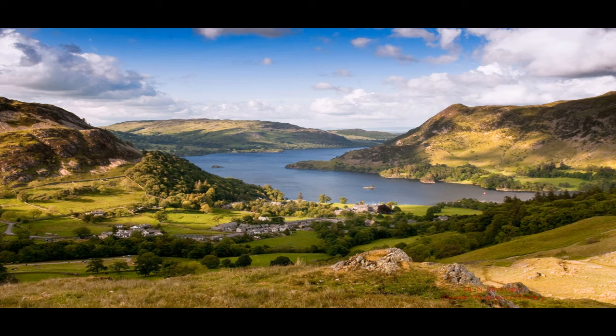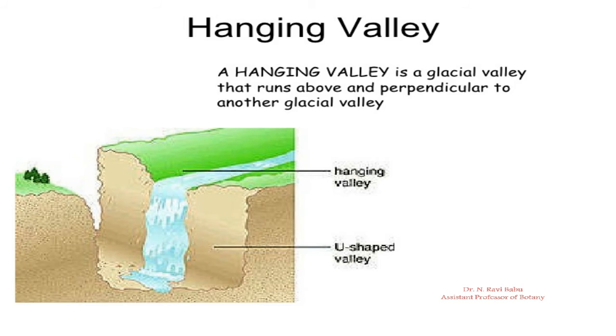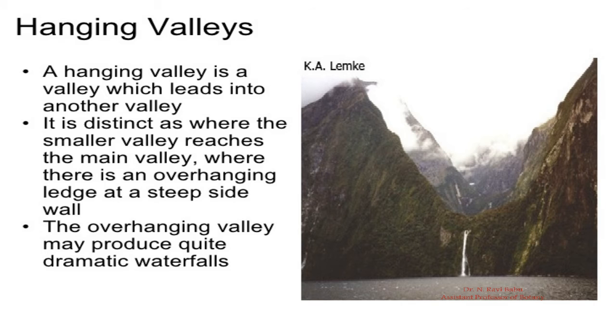The next landform is the hanging valleys, dear friends. The main valley is eroded much more rapidly than the tributary valleys as it contains a much larger glacier. After the ice has melted, a tributary valley therefore hangs above the main valley, so that its stream plunges down as a waterfall. The tributary valley just appears to be hanging upon the main valley. And if these tributary valleys are more in number, they can be called hanging valleys,